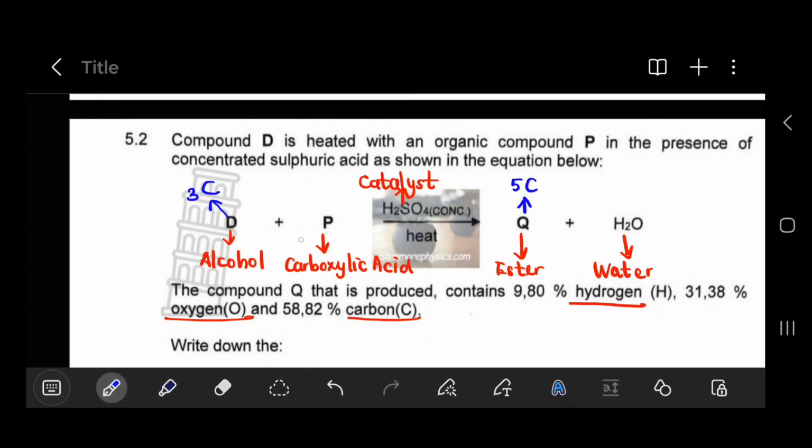What does that tell us about compound P? The carboxylic acid should have 2 carbons, because obviously the 3 carbons from the alcohol and the 2 carbons from the carboxylic acid should give us 5 carbons in the ester. Now, understanding how many carbons the alcohol and the carboxylic acid is made up of allows you to draw the correct ester. So the ester is going to have